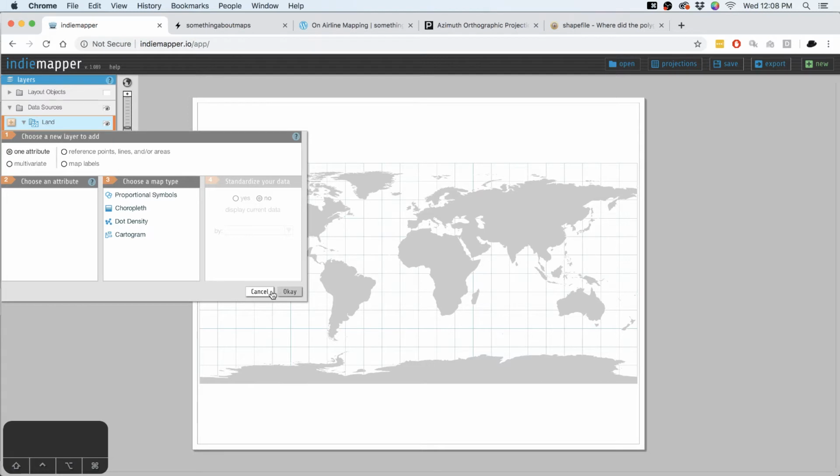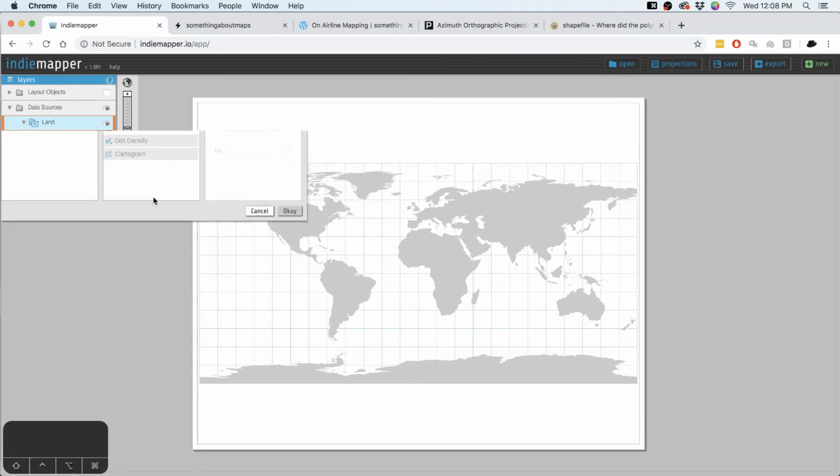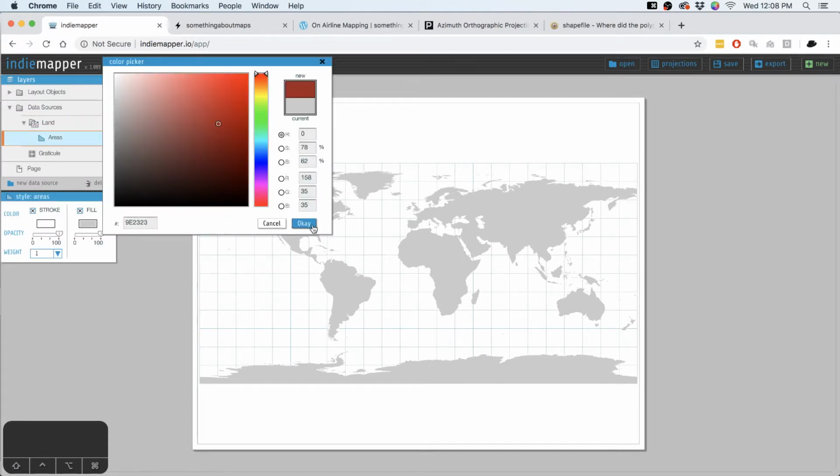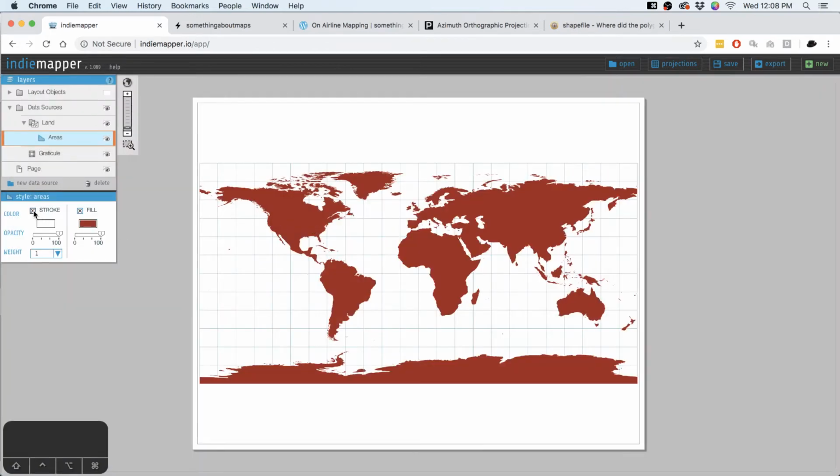And I'm also going to load in, it also asks if I want to thematically symbolize this and make a choropleth or something like that out of it, or a dot density map, so if you had thematic data, you could do something like that. I'm going to cancel that, though. It's just going to keep my land areas on there. I can restyle them. I can change my fill color, whatever I might be interested in. Turn off the stroke. We'll do all that in Illustrator, though.